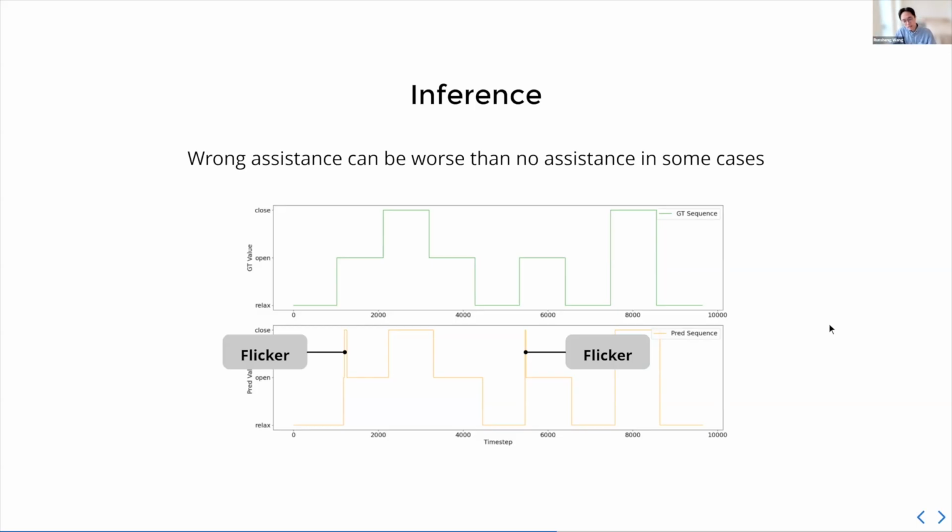This same logic applies to various wearable robotic setups, where you really have to follow the intent of the user. Any split second mistake can cost you a lot when you actually deploy the device. To summarize, wrong assistance can be worse than no assistance in some cases, and we really do not want these flickers to happen if we can. So we need some form of smoothing.